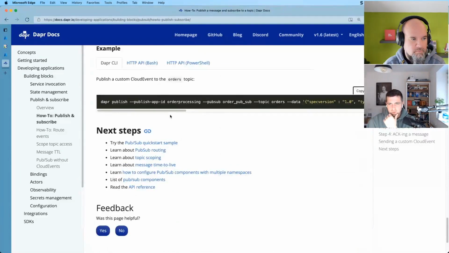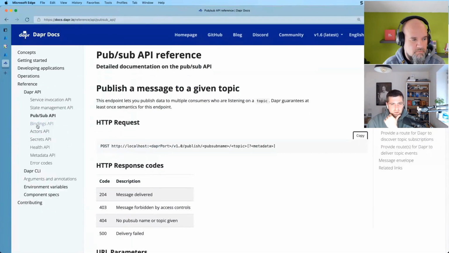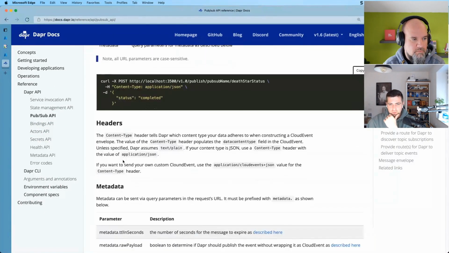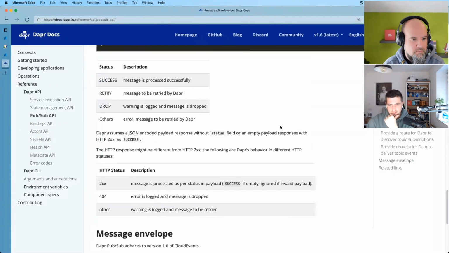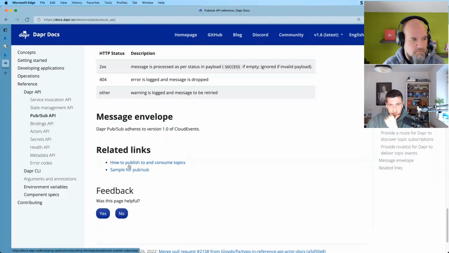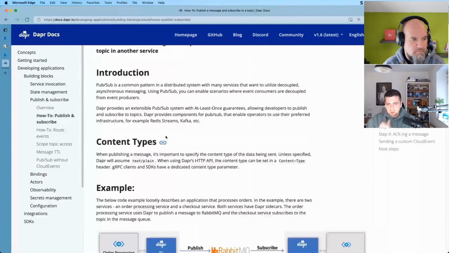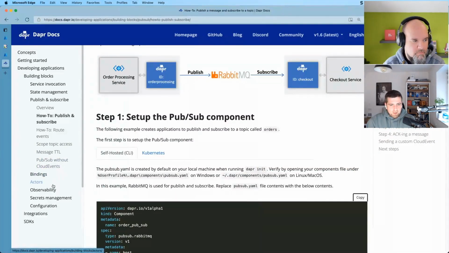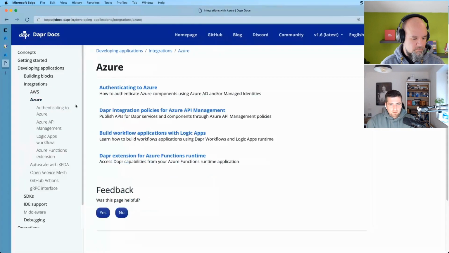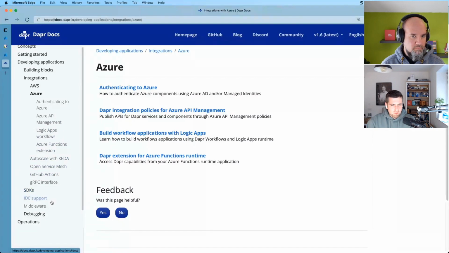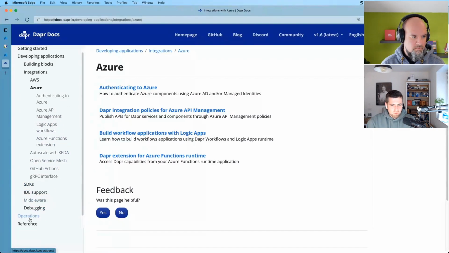Sometimes I'm just always looking for the reference, to see the API reference. So it pops up, and we have metadata. We have the bindings. We have the integrations. Is it there? Azure and logic apps, functions, runtime. Well, not 100% sure. I have to reference